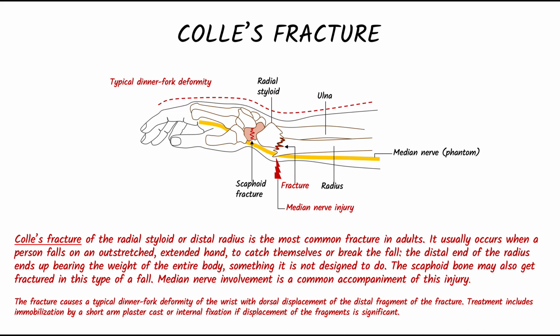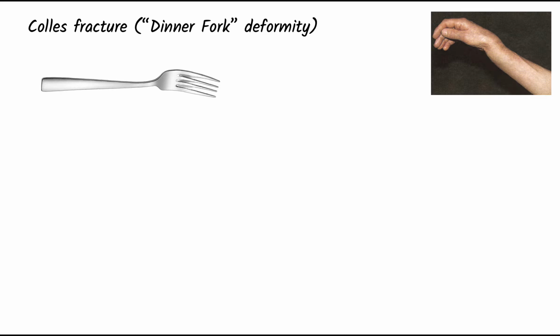Are we good so far? Yes, this is a median nerve injury, which is a possibility. Now let's look at it. We all know this is a dinner fork, and look at the hand, how it goes in this dinner fork of deformity. If you see someone who's falling on his outstretched hand, and if you see his hand like this,